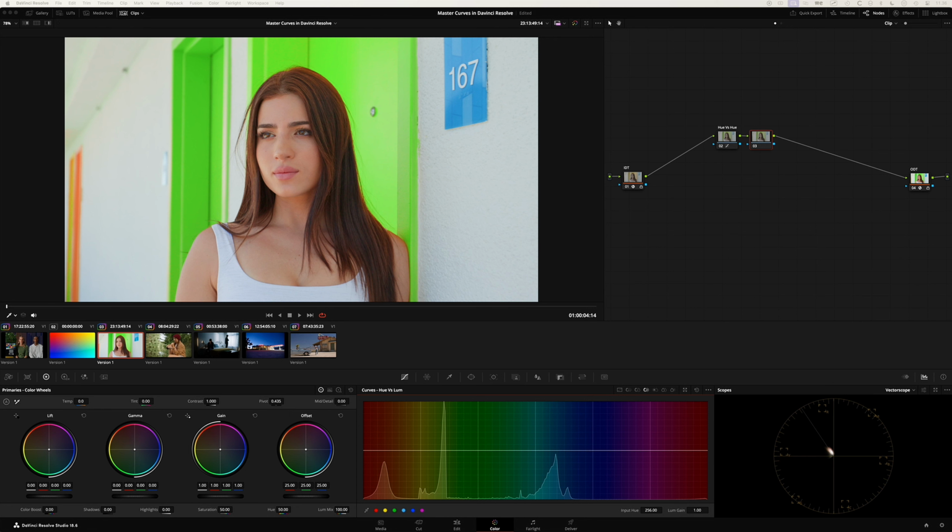This tool lets you increase or decrease the lightness of elements of specific colors. So if we go back to this clip here, if I make a new note here and I call this hue versus lum. What you can do is selectively change the luminosity of a color. If you click on it, you can bring it down like so. Or you can click and hold, and then bring the luminosity of the whole image up and down